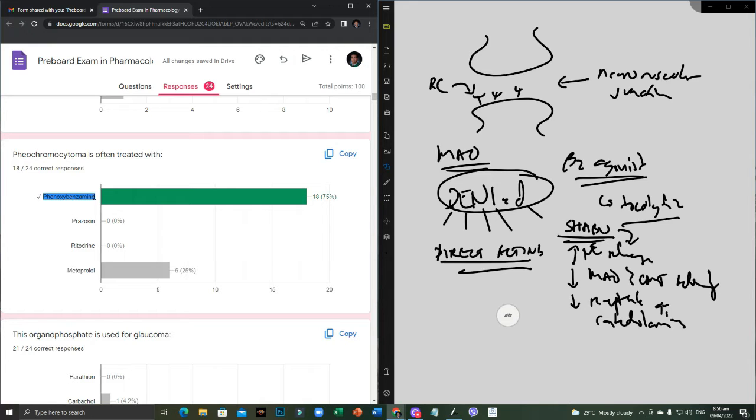Now, if you're managing the paroxysmal hypertension associated with pheochromocytoma, if you can remember, class, in pheochromocytoma, there's a tumor on top of your adrenal glands causing the excessive production of adrenaline, which of course elevates the blood pressure and causes so many complications. So if you just want to manage, class, the hypertension associated with that condition, with pheochromocytoma, then we use phentolamine.